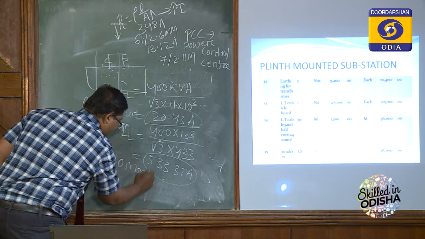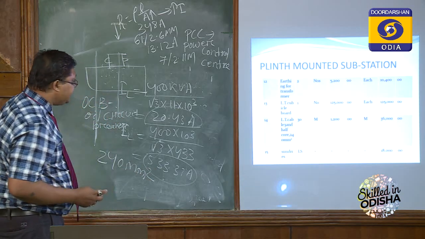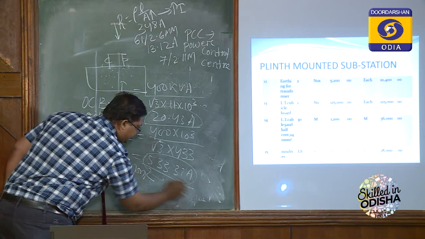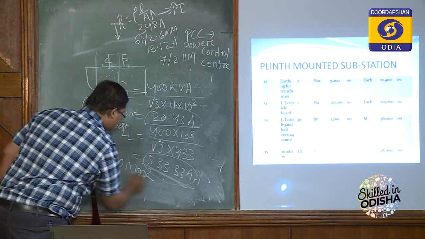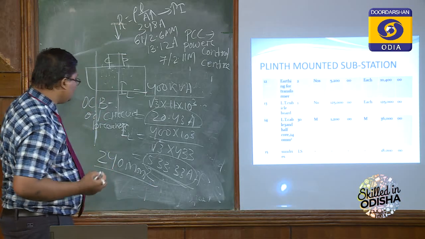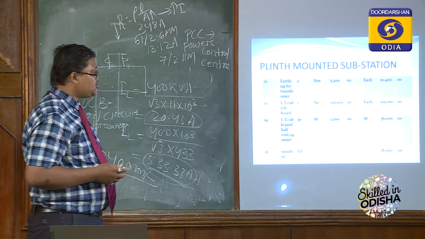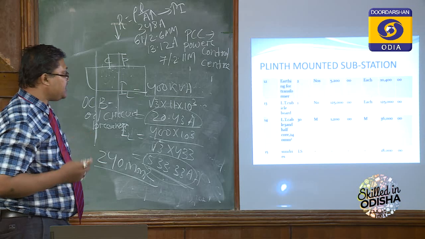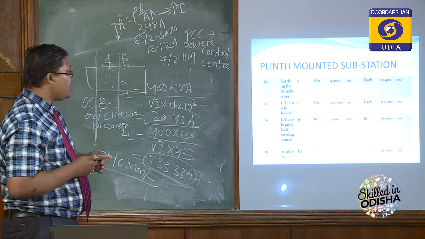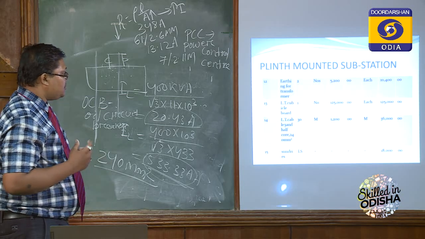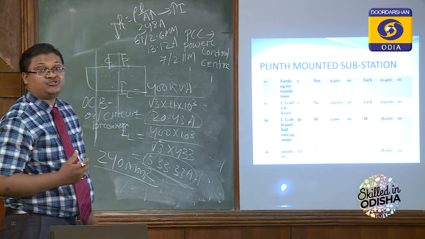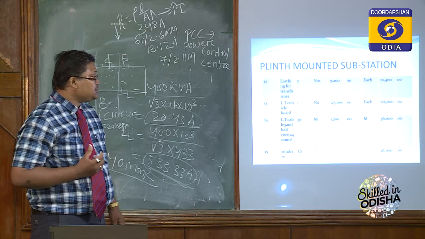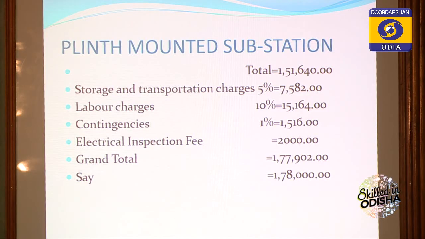This is the LT side, that means for 533.33 ampere the size of the conductor is 240 mm square. And for extra things it will cost 18,000, that is the lump sum is 18,000. So here the total cost in plinth mounted substation will be